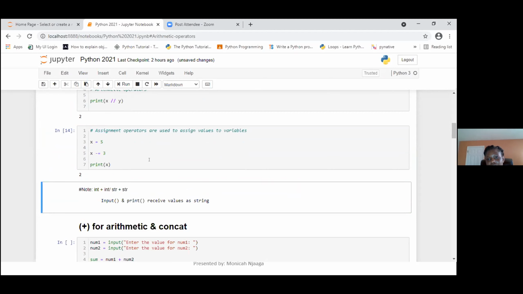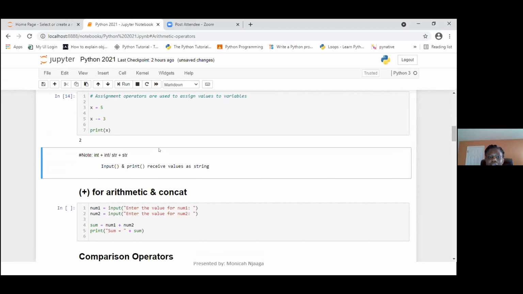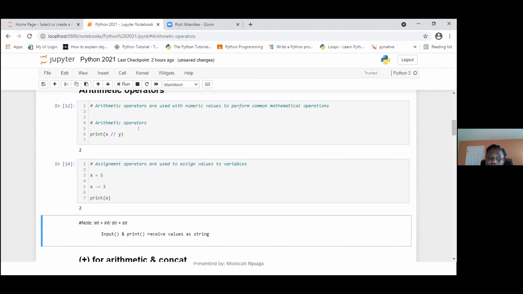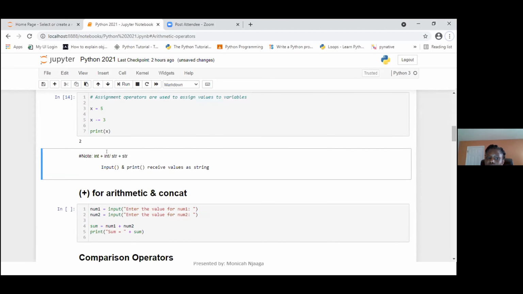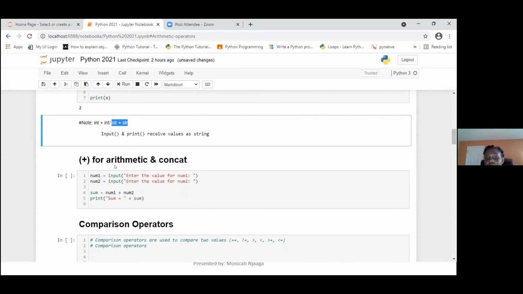And you can practice this on your own, and you can see what I mean by that. Now, there's also the note that I mentioned about the plus sign, the arithmetic operator plus. It is used to add numeric values or mathematical calculations, and we can also use it for strings. And what do I mean by that? What does it do to strings? It can be used as an arithmetic function as well as a concatenation function.